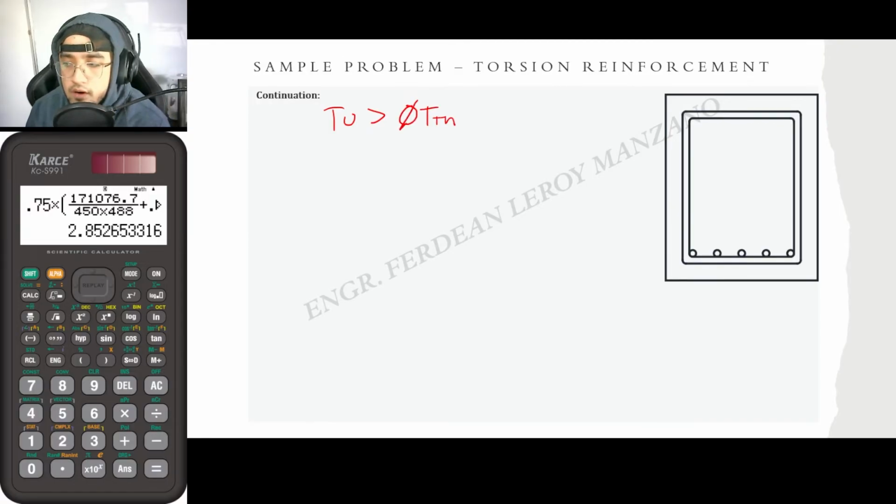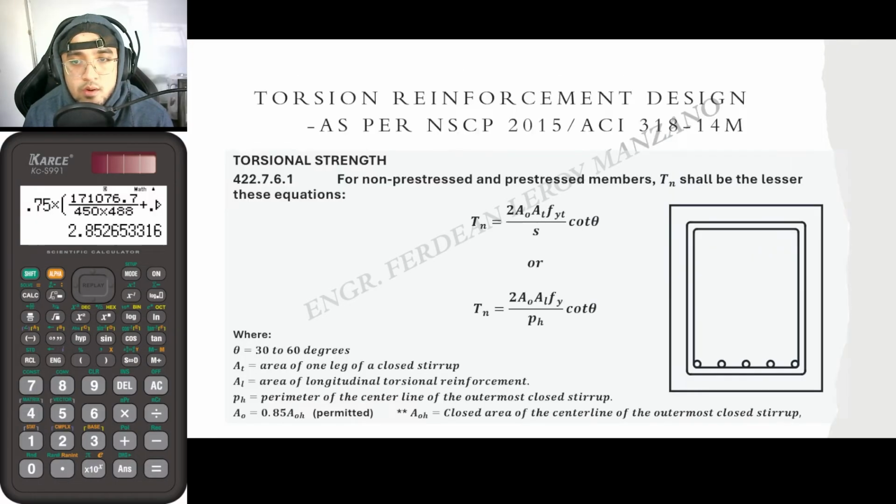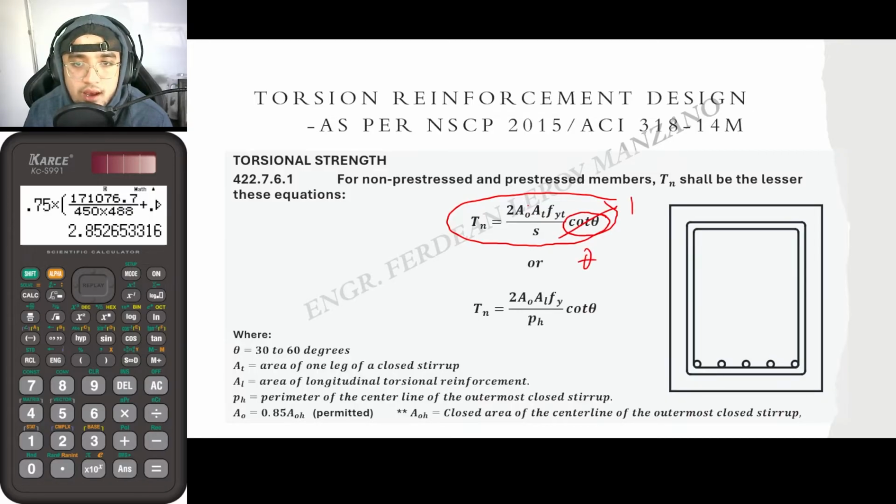Let us solve for the shear reinforcement. Earlier, I told you the solution for Vn. So Tn, I should say once again, Tn is equal to 2 A0 times At times Fyt divided by S. And take note that cotangent theta is already equal to 1 since theta is equal to 45